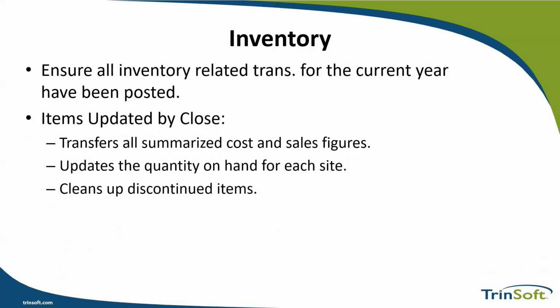When that process runs in GP, this will again close and transfer all summarized current year quantities, cost, and sales amounts to transaction history for items which have been keeping a summarized sales history. Quantity sold field for each item is reset to 0, and the close process also updates quantity in each item's beginning quantity field to quantity on hand for each site. Finally, there is an option when you perform the close to clean up discontinued items and lot attributes for items that have been completely sold out. There's a checkbox that you'll see that you just have the option to enable or not